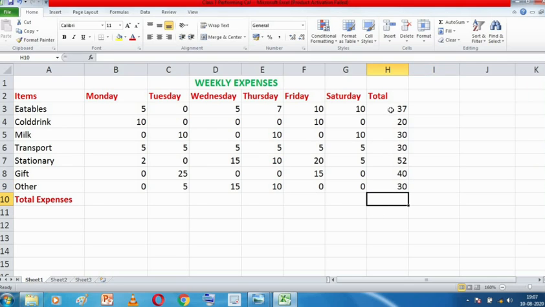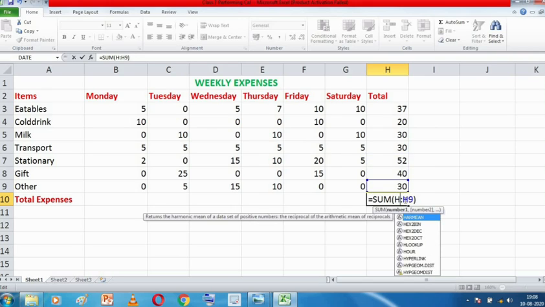Now see, we want the total of all these values, which is not the same as this value. So now we cannot use that copy function. Now we need to calculate the total of all these cells. We can easily use the auto sum function. So just come to this cell, go to auto sum, click on sum. It is selecting from H7 to H9, but we don't want from H7, we want from H3.